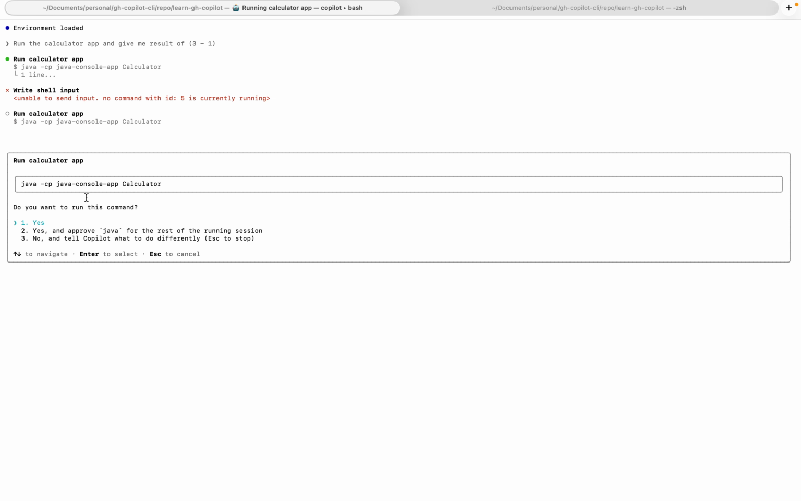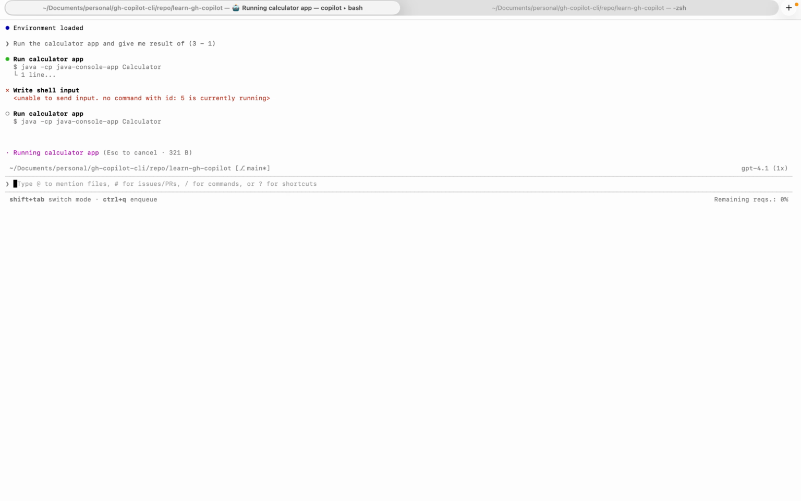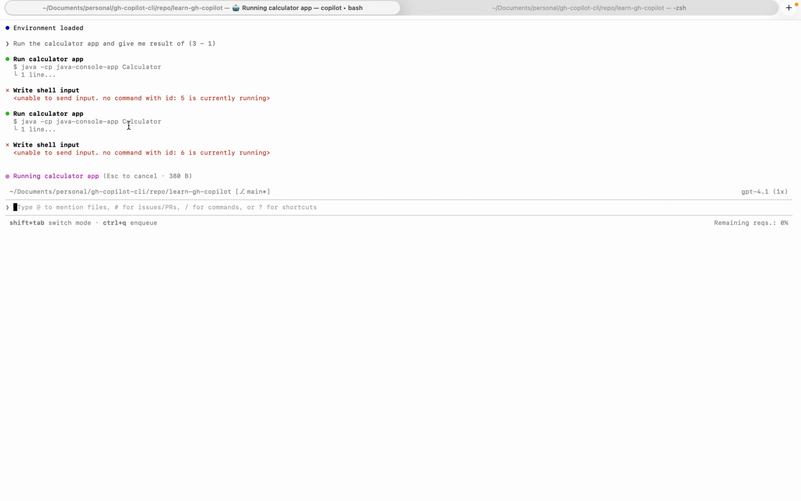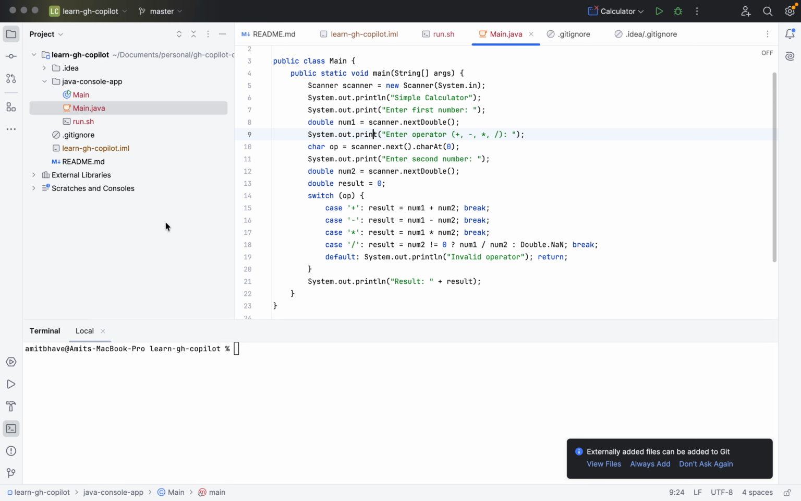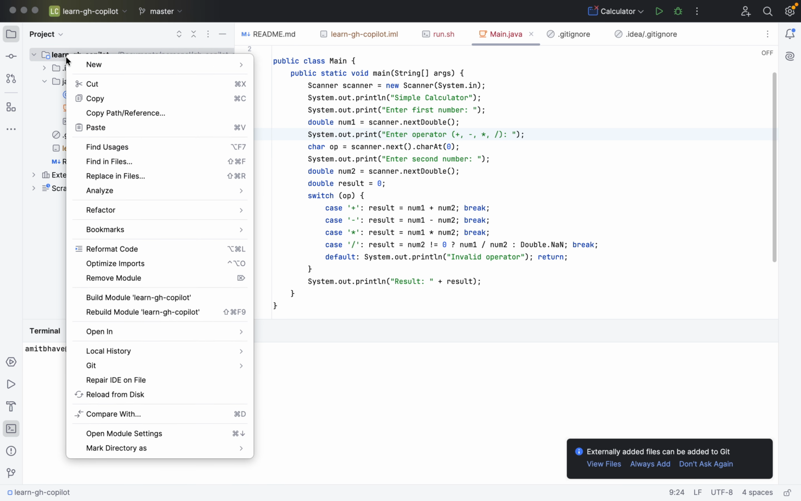as you see, it was unable to run the calculator app. It is trying to find the calculator app by name. You can give instructions like figure out how you want to do it, but it will definitely take a number of tokens. So what you can do, as we saw, is just create a